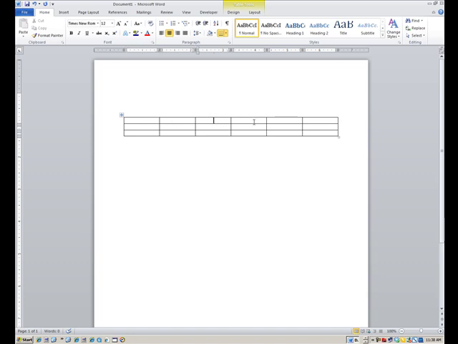Now let me go back to the first cell. I've got all these positioned to be centered, and I'm going to put the days of the week in here, starting actually over here, because I'm going to have another different column heading right there. So Monday, Tuesday, Wednesday, Thursday, Friday is going to go in there, like for scheduling purposes or whatever. I'll just start typing Monday, and it'll suggest Monday. I'll accept that and hit Enter instead of typing it all the way out, and I'll tab over for Tuesday and Wednesday, Thursday, Friday,